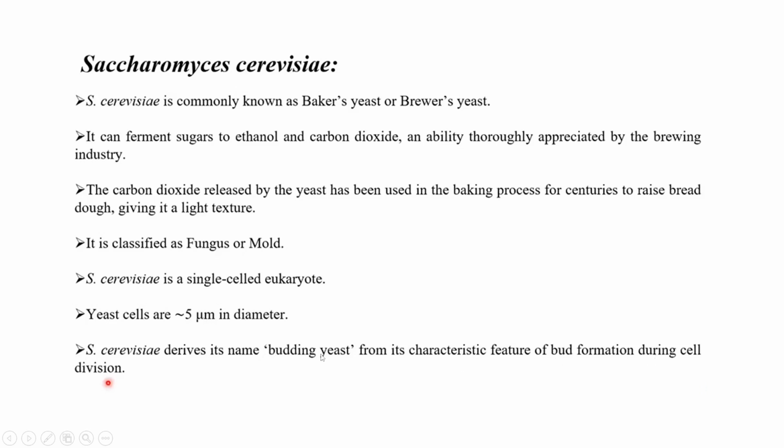So the Saccharomyces cerevisiae is a budding yeast, and another yeast is called fission yeast. The budding yeast name derives from the bud formation during the cell division, as we discussed previously in the mitosis class, that their division occurs through bud formation. Another yeast, Saccharomyces pombe, is called fission yeast. Their division occurs by fission, by separating from each other. So both these yeasts are different in their mechanism.